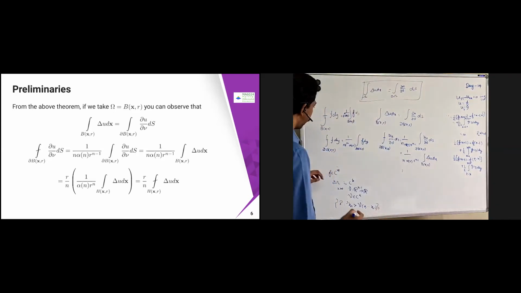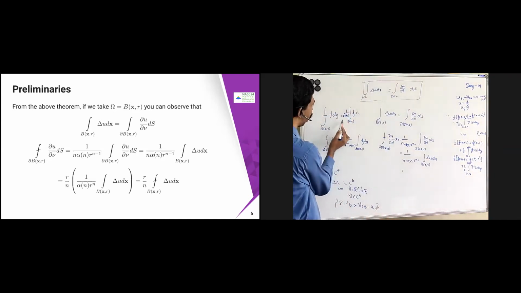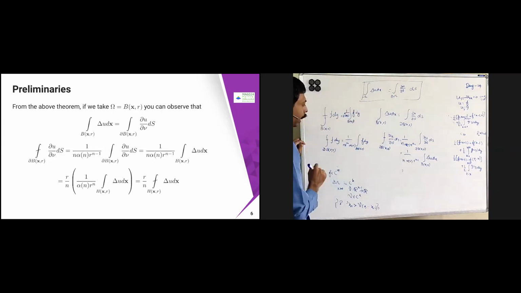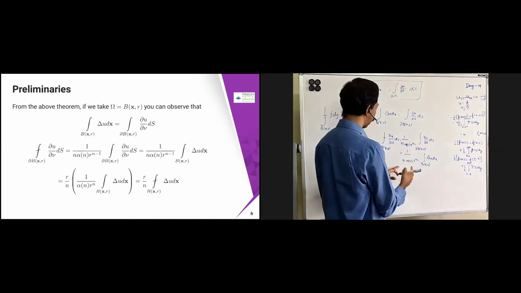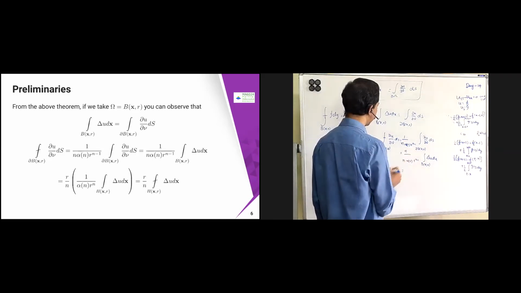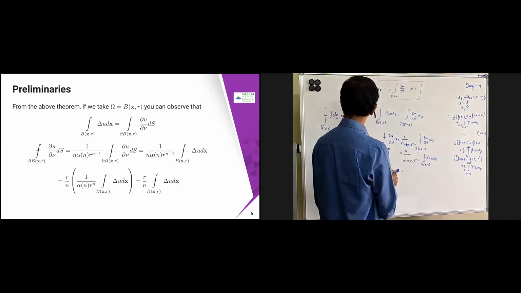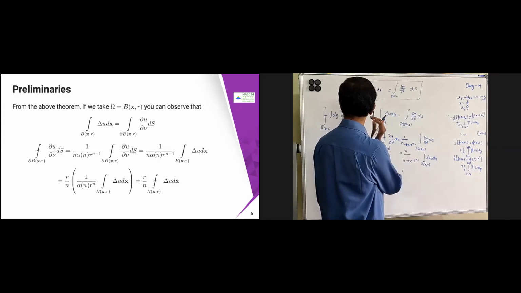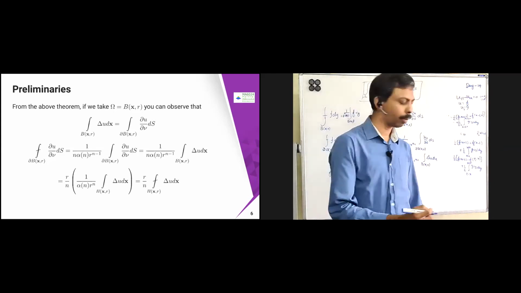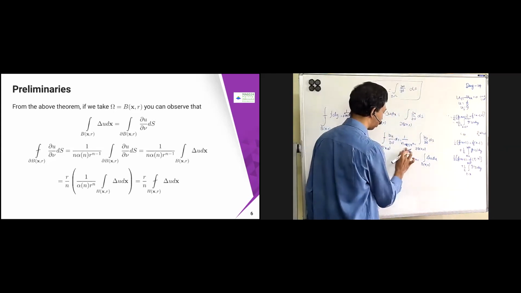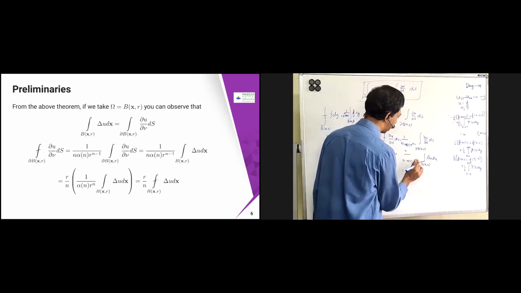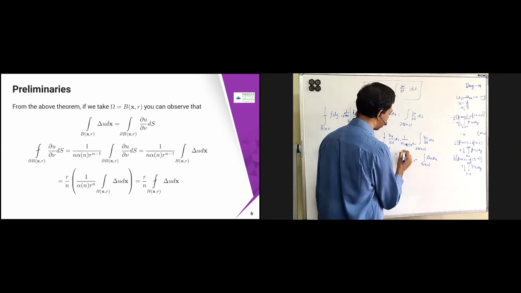So if I just take r power n into alpha n f dy, I can write it as f bar dy, right? So I'm just going to multiply and divide. I'm just going to multiply by n, and then r power n is there. So I'm just going to take one more thing. I'm just going to multiply this by r and divide by r. So this will become r. So I'm just going to take this out.